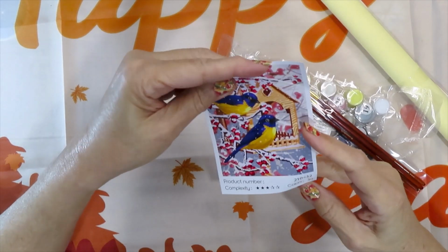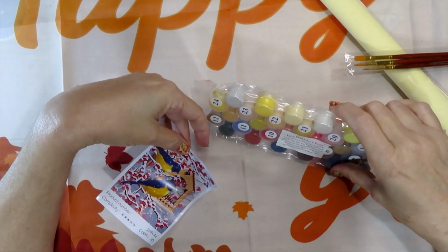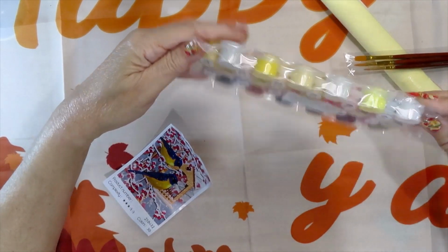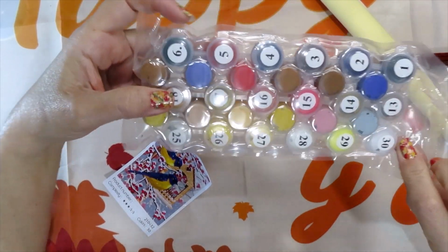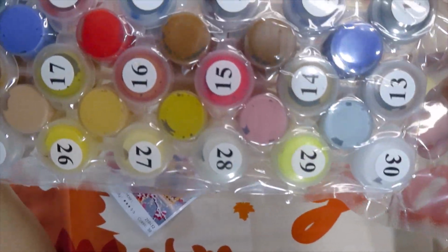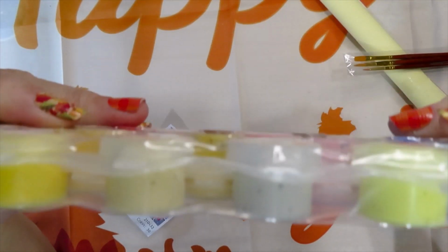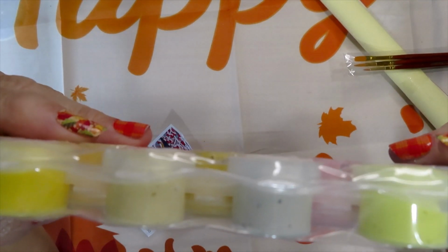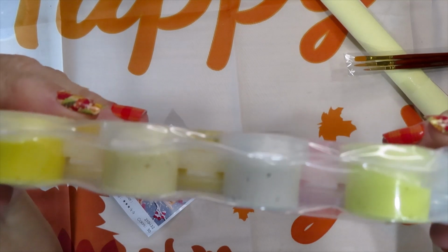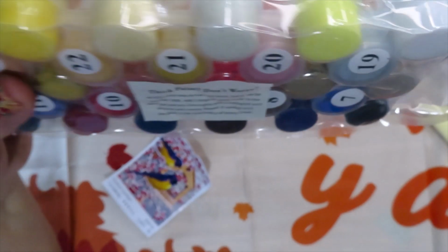And it comes with 30 colors. Yep, 30 colors. Take a look at those beautiful colors. And it tells you over here, if the paint is thin, not to worry, add 3 drops of warm water. But I use